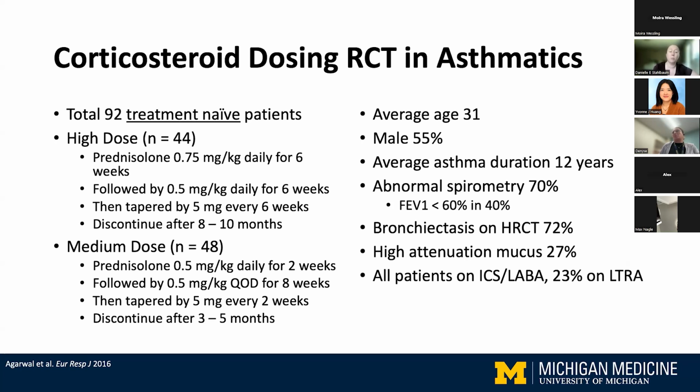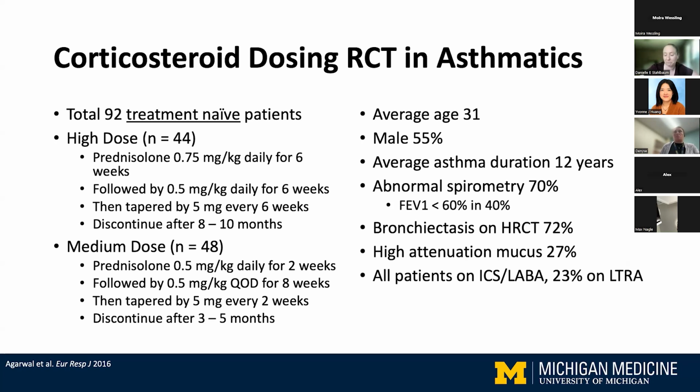The 2 groups were evenly matched in this study. Average age was 31, a little bit more men, had asthma for about [unclear] spirometry, and FEV1 was less than 60% in 40% of them. 72% had bronchiectasis, and there was high attenuation mucus, and all of them were at least on ICS-LABA for treatment